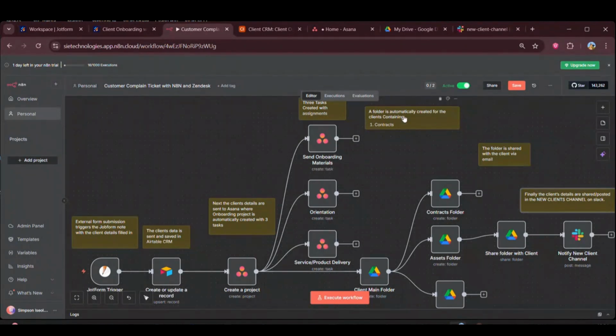So once that is done, it's going to send a copy of that folder to the client, so the client will know what is going to happen during the onboarding. These are the subfolders inside the main folder. A main folder is going to be created, and then there are going to be 3 other folders containing each one of these tasks, right? A folder that is going to contain the contracts, one for assets, and one more folder which